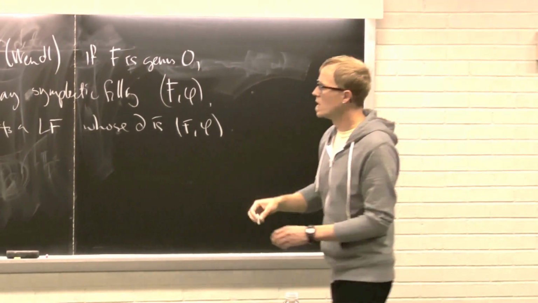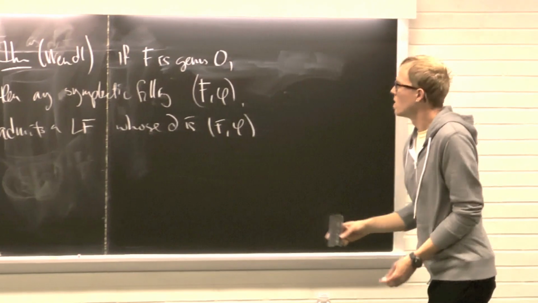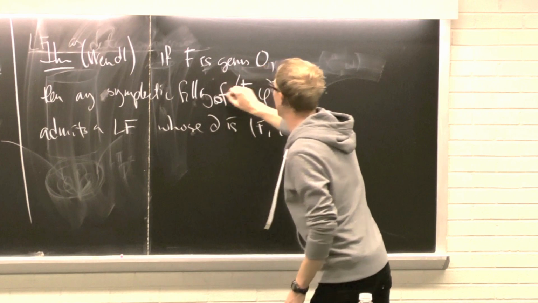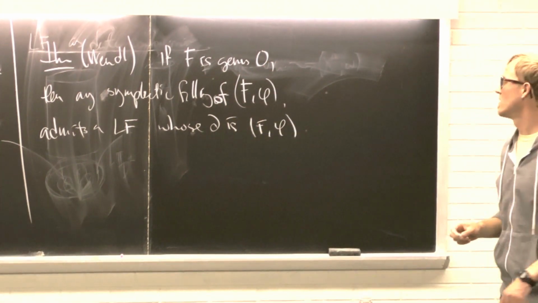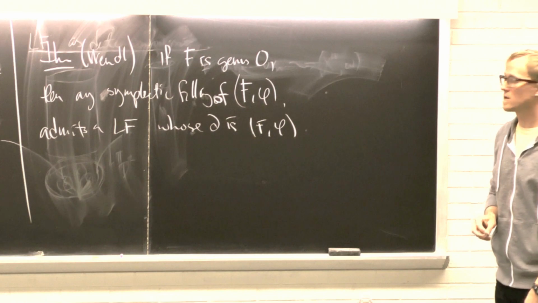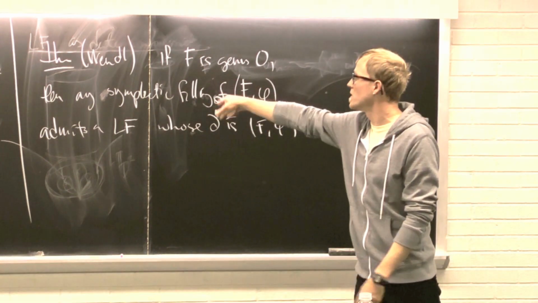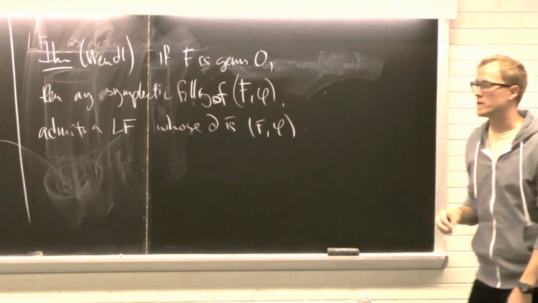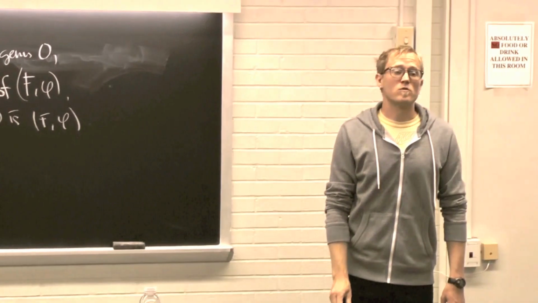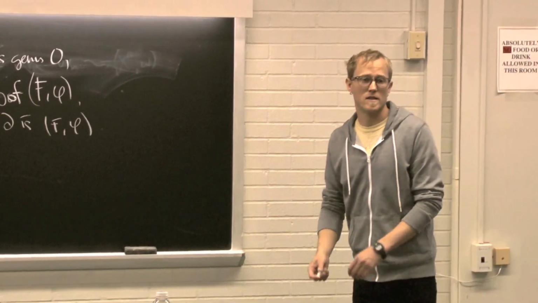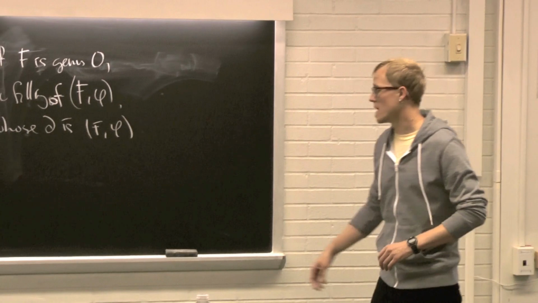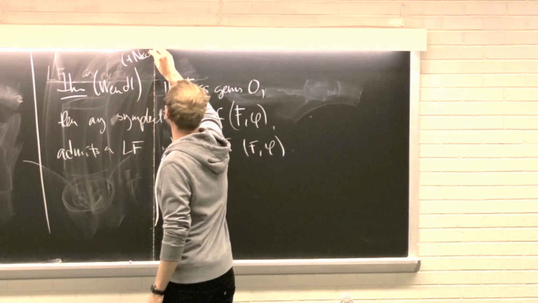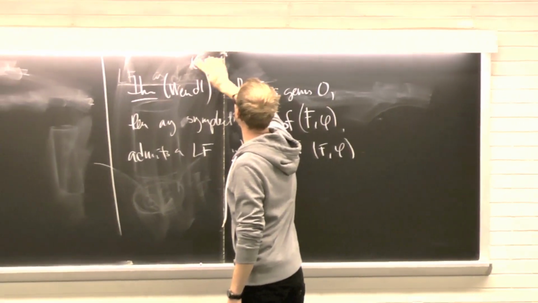So, if F is genus 0, any symplectic filling of the open book manifold has this Lefschetz fibration boundary. So in particular, yes, the filling is going to come from a decomposition of the monodromy. This doesn't require Stein, but the corollary is that it is Stein. And if I add Niederkrüger in here,